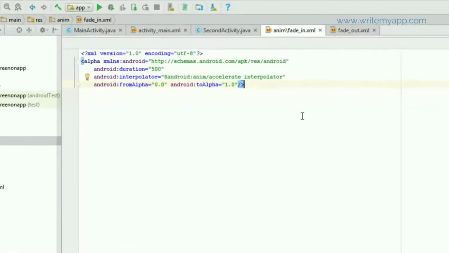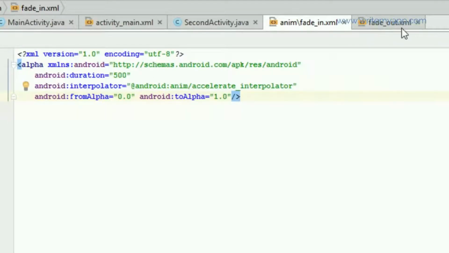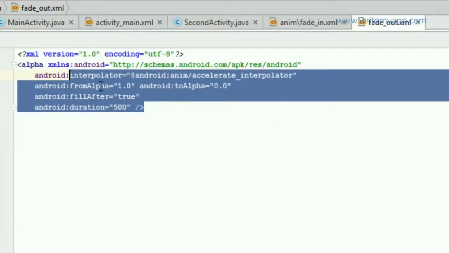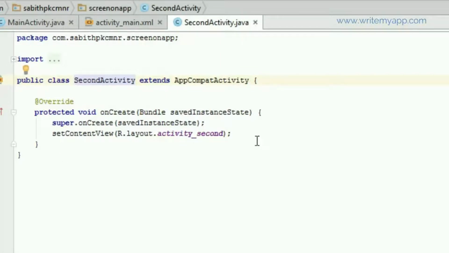In the fade in XML I have added this code, as you can see, here it is. And in the fade out I have added this code. All of this code is available in the description of this video. After that, close the two files. What we have to do is simply add a single line of code, that is